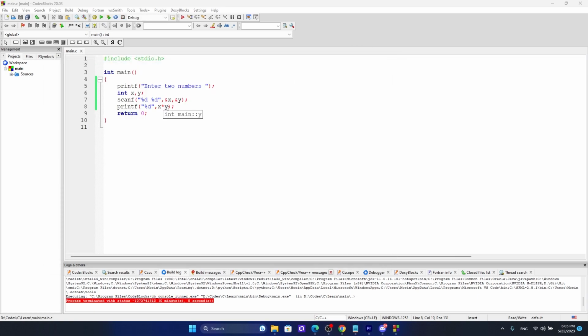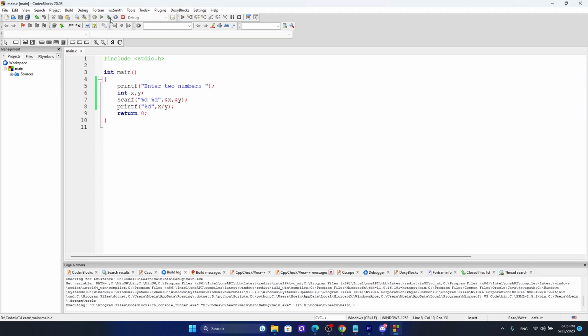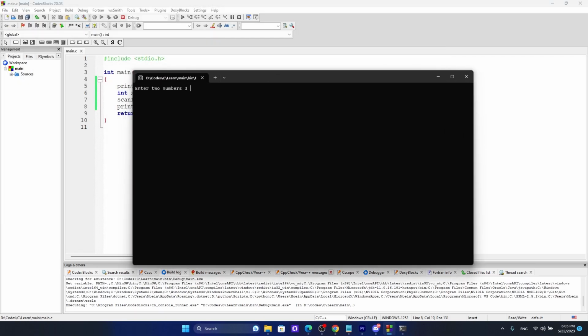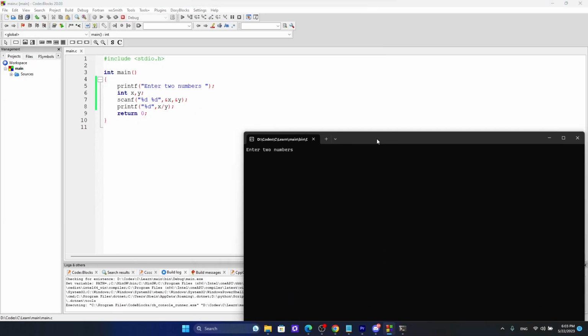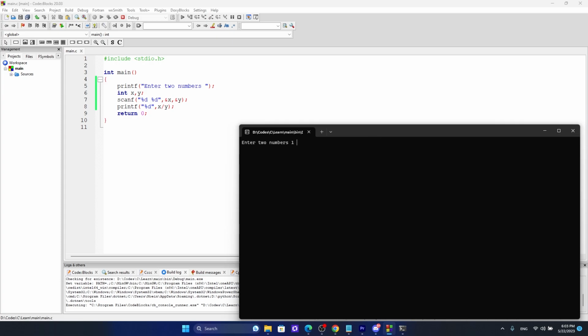We can also do this for division. We use this slash, then we enter 3 and 1, and we get 3. Notice that if we write 1 over 3, this is going to give us 0. Why? Because again, this is an integer, a whole number, and 1 over 3 as a whole number